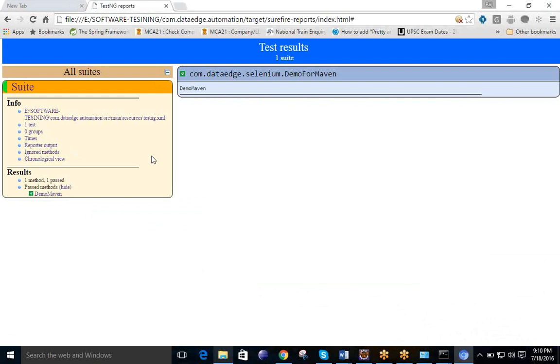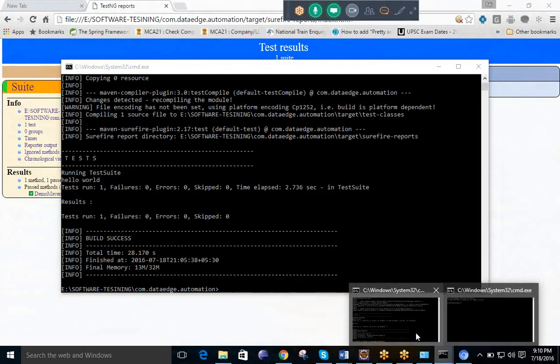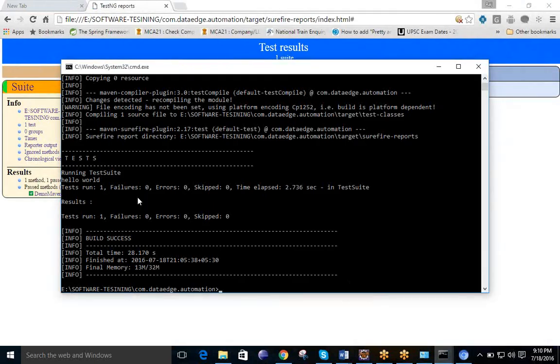Both have similar functionality. But Maven is widely used. It will be used by the developers also, not only by the testers. It is also giving similar kinds of reports at the command prompt itself. You can see.